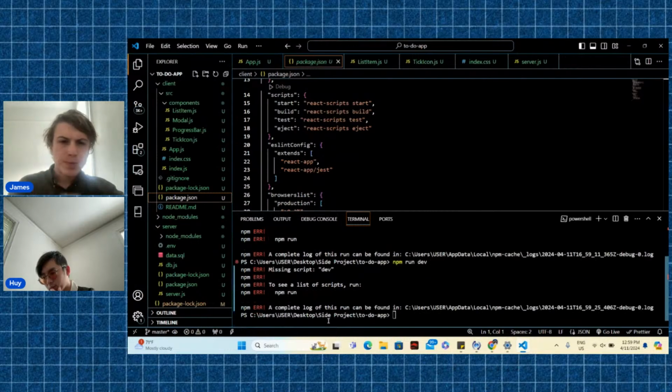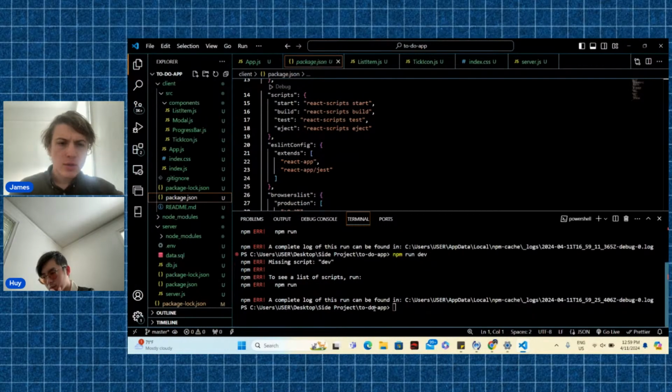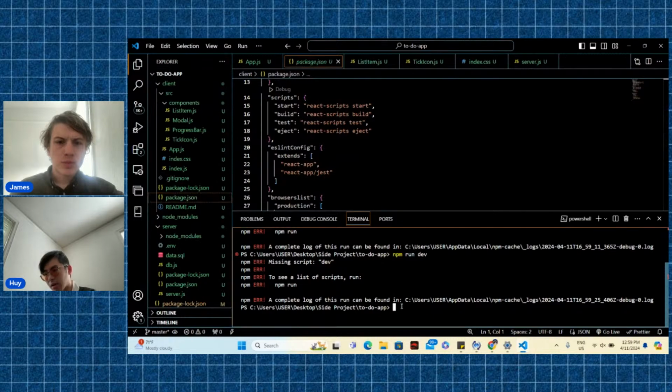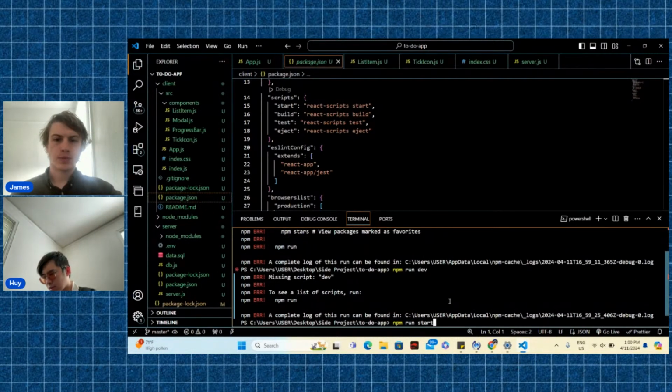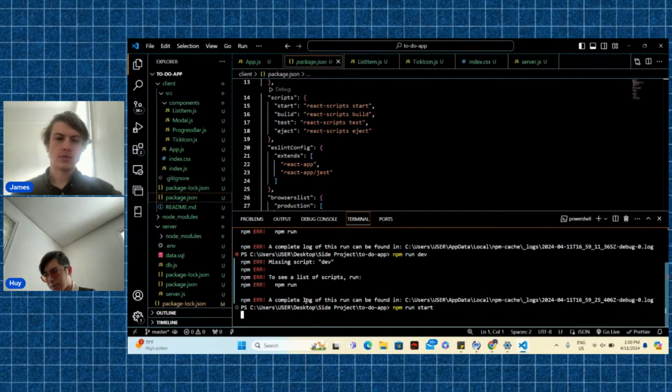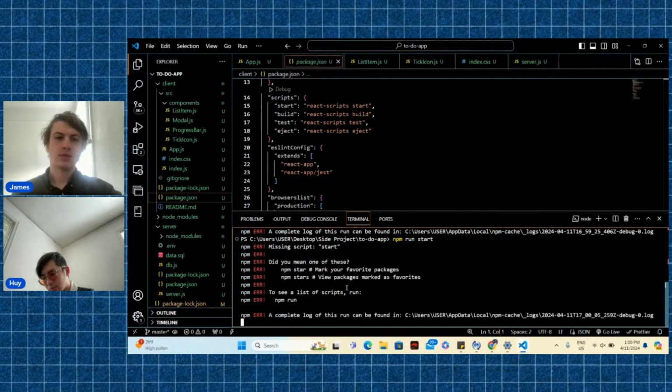But what did it say when you did that? npm start, I think, doesn't say. I think you need npm run start. Yes, you need to have run. Yeah, run start. But the thing is, it gives me output of the